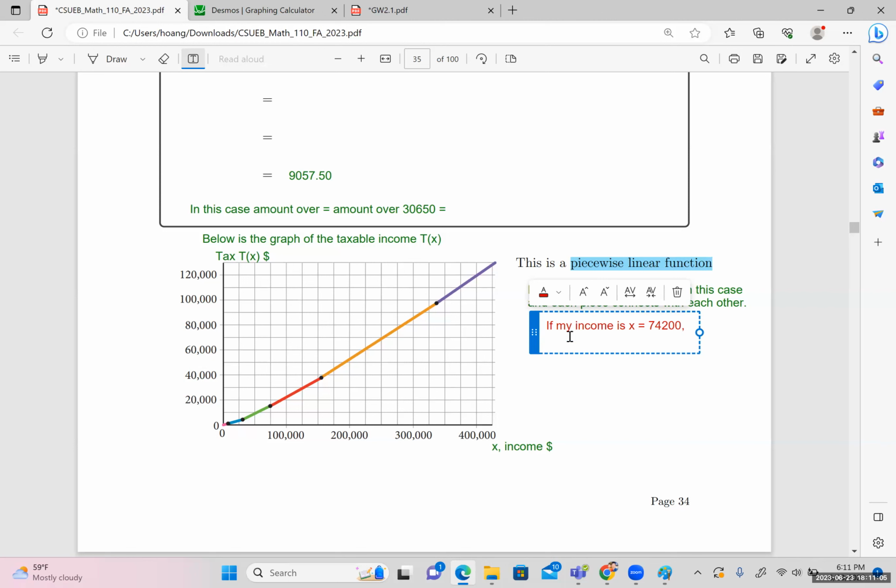I need to pay the T of X using the base. So using the base was,